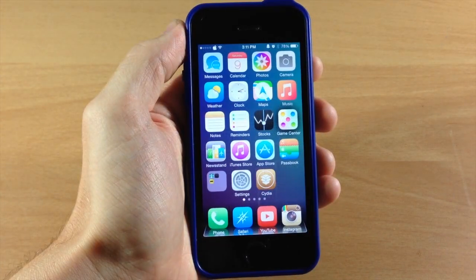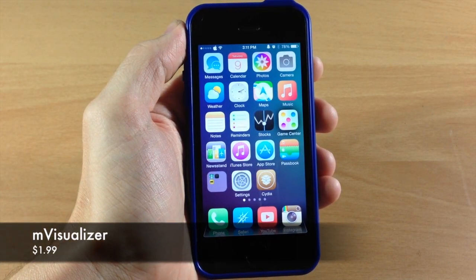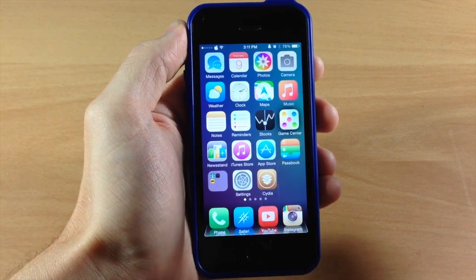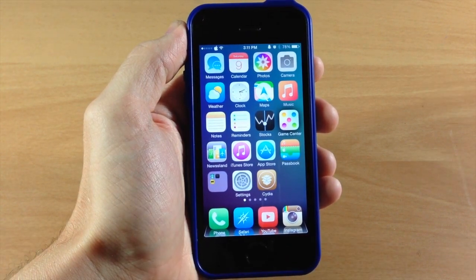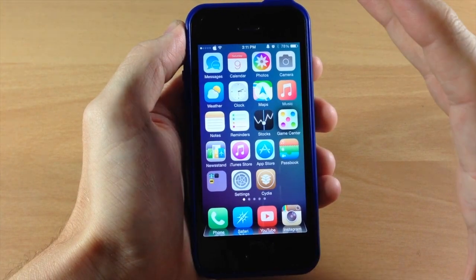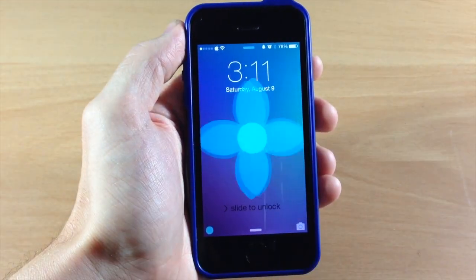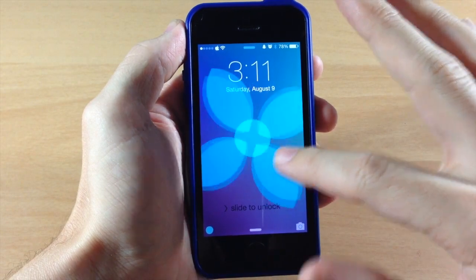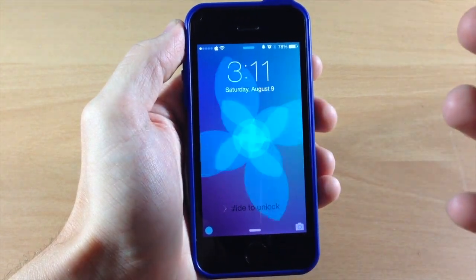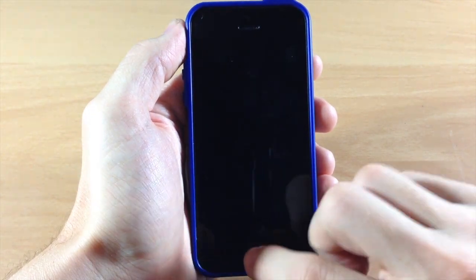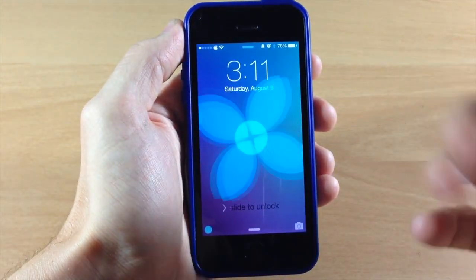Next up, we have a tweak called mVisualizer. Now what this tweak does is give you a visual of the audio that's either playing on your device, or even in this case, it's going to be my voice. And it's going to be playing right there on the lock screen. So you can see right here, you're going to get a visual of this theme right here, which is actually called Lotus. So every time that I talk, you can see that it's reacting to my voice or that audio